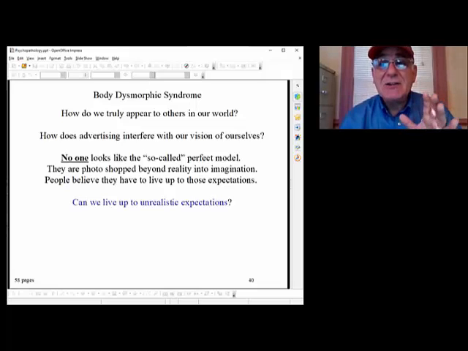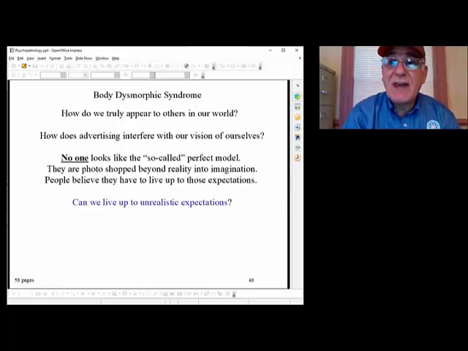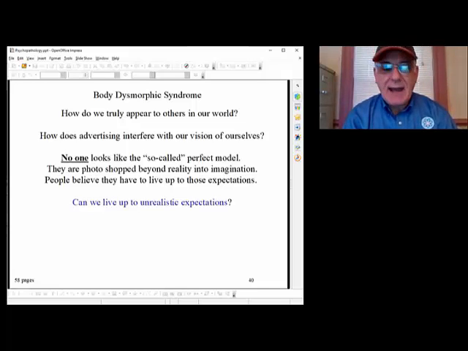But we tend to buy into advertising. And advertising uses all kinds of tools to make the women in those pictures and the men in those pictures look their idea of what perfect is. Their idea. And they then control society. There was an island, I can't remember the island's name at the moment. It's in my lectures.